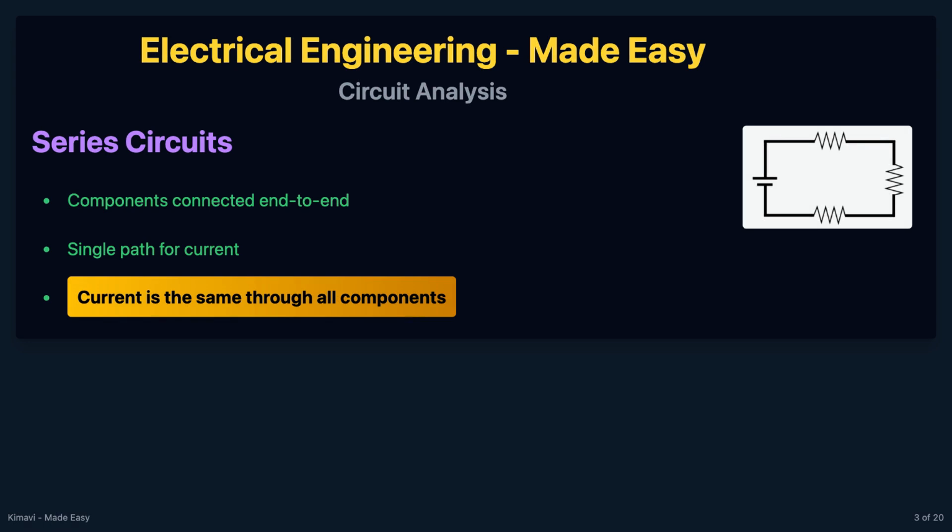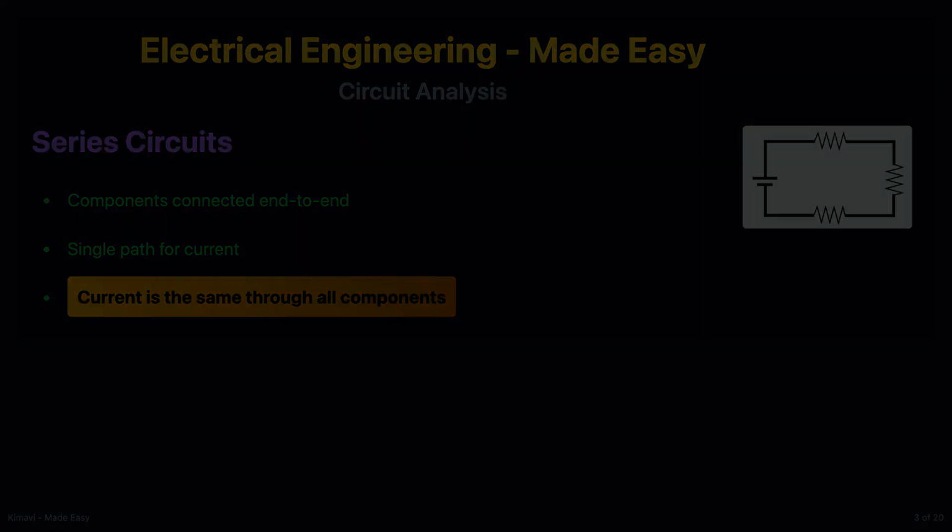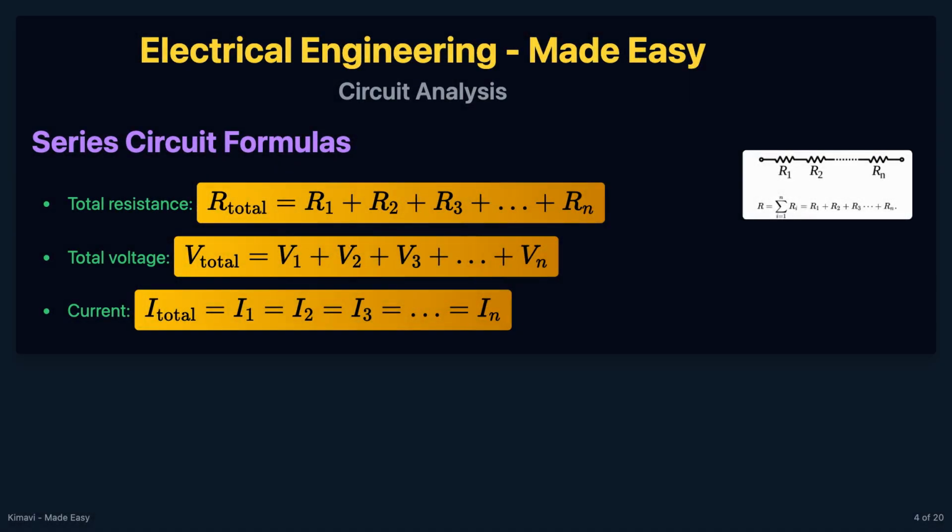The current remains the same through all components, but the voltage across each component can vary. The total resistance in a series circuit is the sum of the individual resistances, given by the formula R total equals R1 plus R2 plus R3, and so on. The total voltage is the sum of the voltages across each component, given by V total equals V1 plus V2 plus V3, and so on. The current remains the same through all components, represented by I total equals I1 equals I2 equals I3, and so